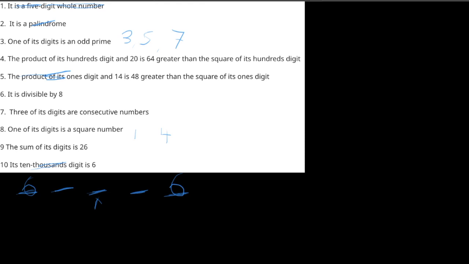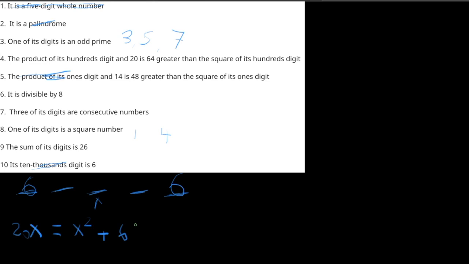The 100th digit, so X, and it says its product, so 20X. 20X is 64 greater than the square of its 100th digit. Okay, so if you do X squared plus 64. All right, so to solve for X, you have to use